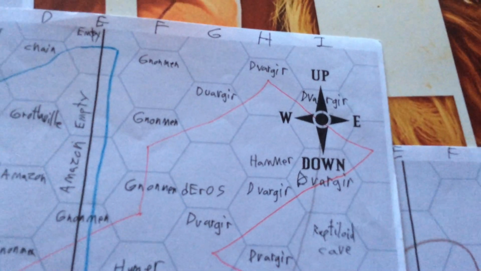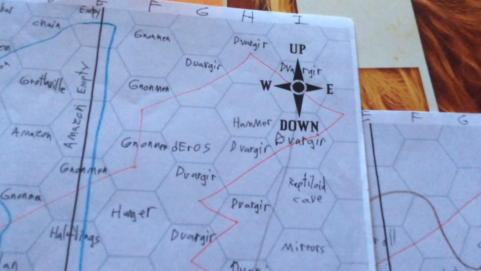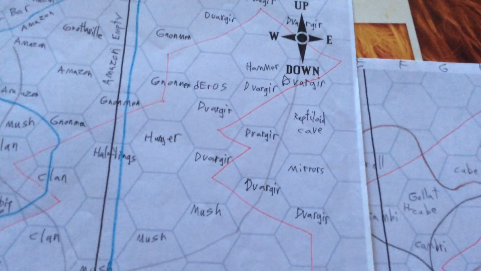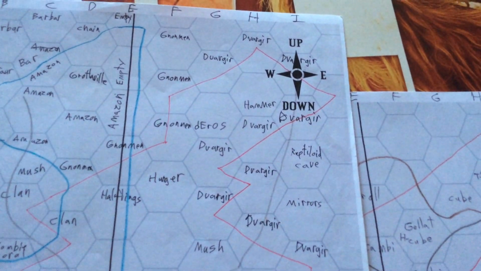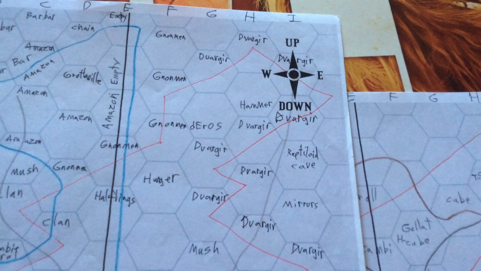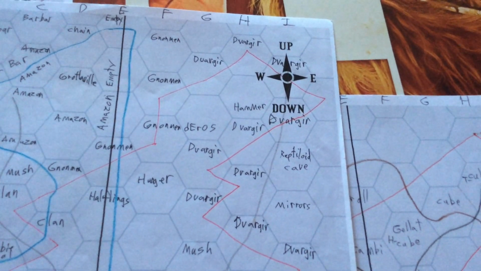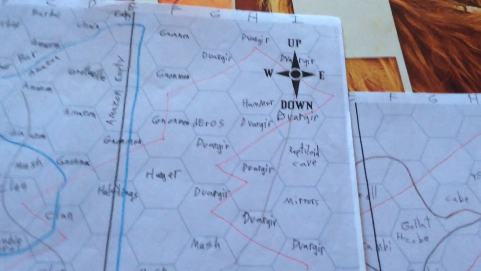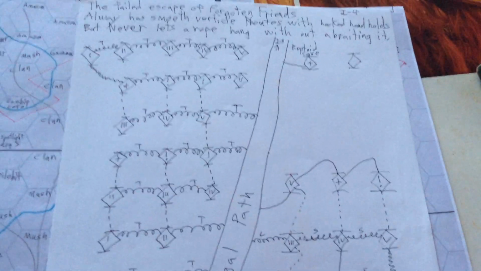It has the crack going through it, the Great Rift it's called. And if you keep following the rift, it goes down. This is a sideways map. So up is up, down is down, and left and right are east and west. So if you keep going straight down, it leads to, this is the map of that hex, where the